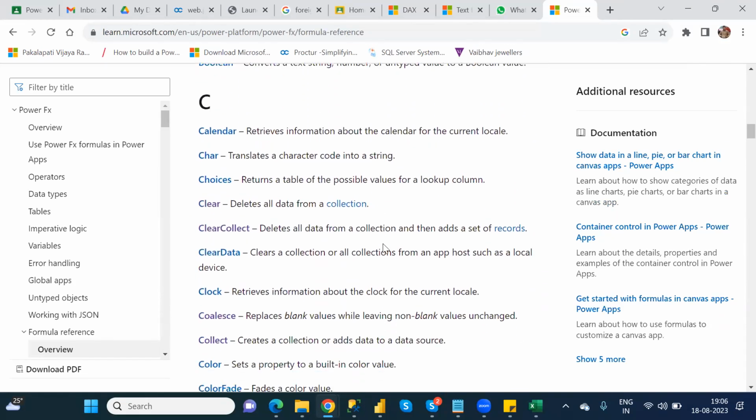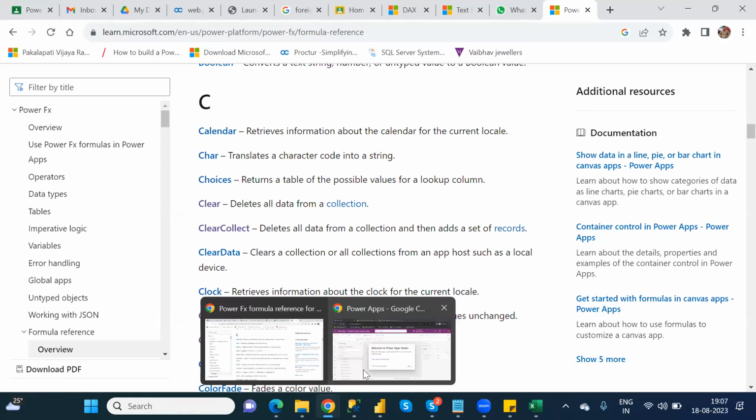Whichever is important, those only we need to discuss. We don't want to discuss more on this particular one. Whichever is required, those related ones only we can discuss. Understand? So here, in the C category, we need to discuss about the